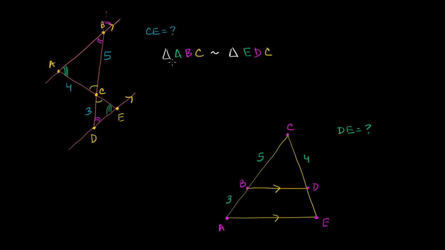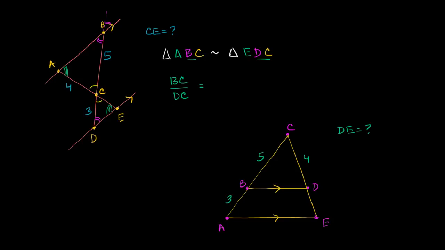Well, that tells us that the ratios of corresponding sides are going to be the same, some constant value. So the corresponding side for BC is going to be DC. We can see it just with the way that we've written down the similarity. If this is true, then BC is the corresponding side to DC. So the length of BC over DC is going to be equal to